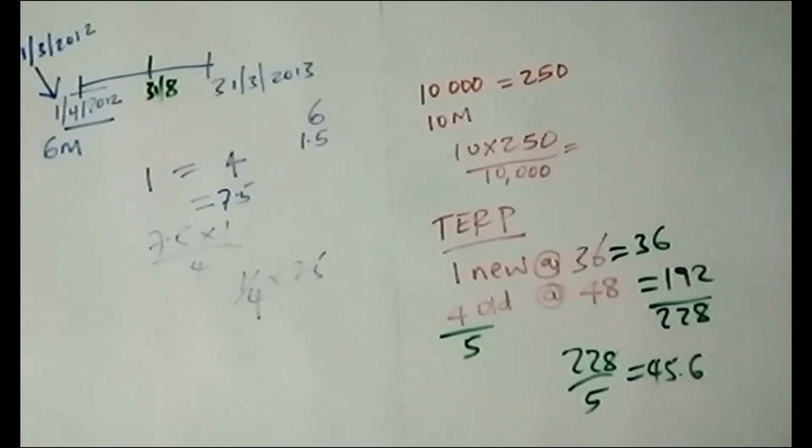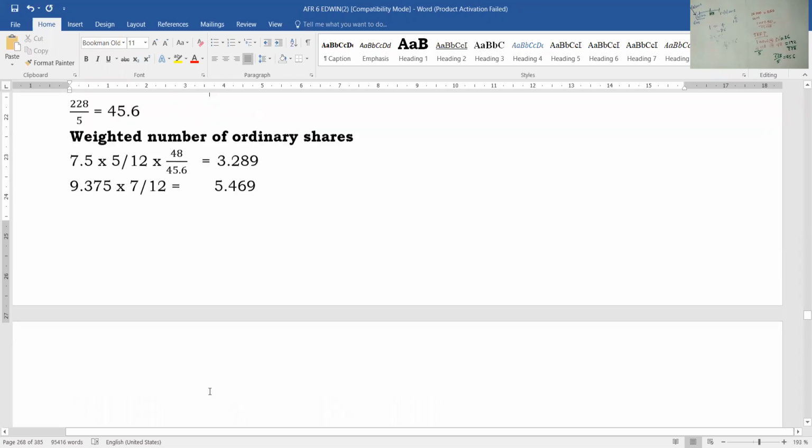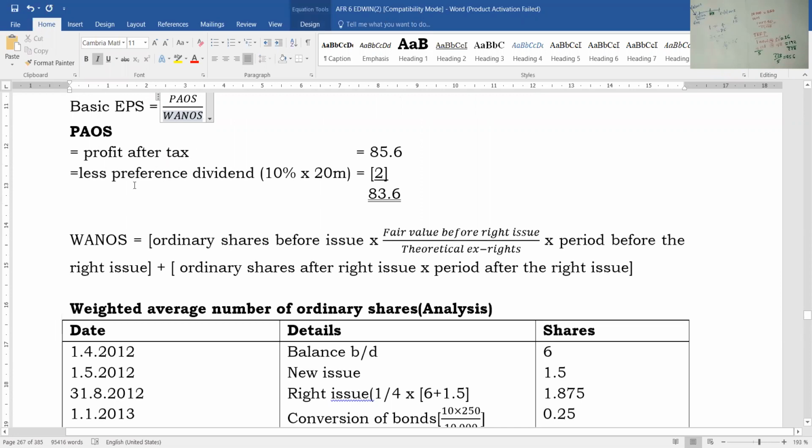So since we are done with the one-offs, and we have already captured the element of a rights issue, which is what I was explaining, we can get the basic earnings per share. For basic earnings per share, you take the 83.6. I think you remember we arrived at 83.6. We took the profit after tax, we subtracted the preference dividends, and we got 83.6. The other thing you can subtract here, if it's present, is the profit attributable